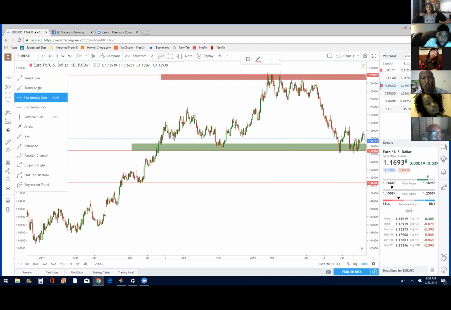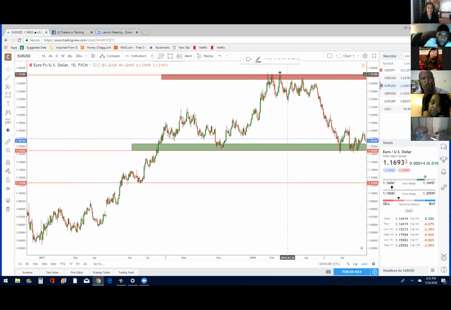I use the trend line, and Ray yells at me for using the trend line, so I'm going to use the Ray. And this is why I don't like the Ray, because it doesn't. So I would grab the trend line going down from this point, but